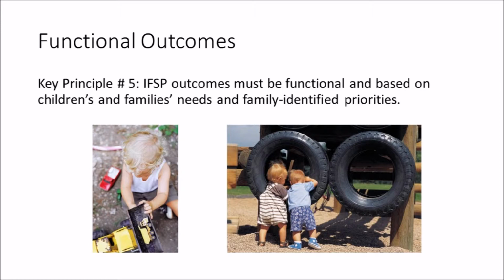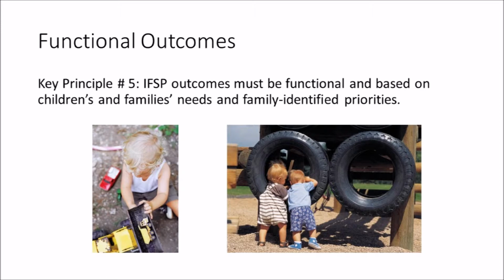Identifying natural resources might be contacting a local nonprofit organization that might help train the family. In addition, an intervention perhaps would be that the occupational therapist attends the first or second service with the family to assist with training and coaching the family with interventions. The functional outcome is that we're attending church together as a family. So to recap,